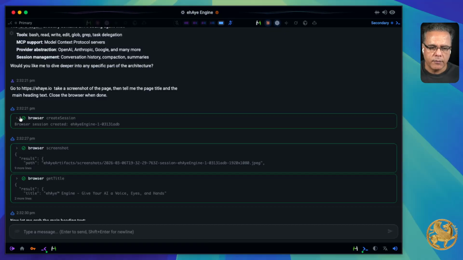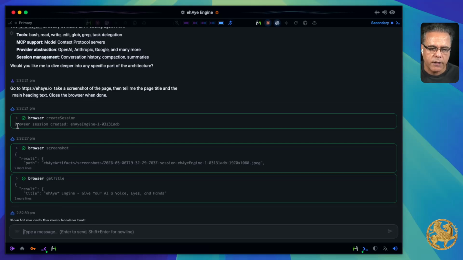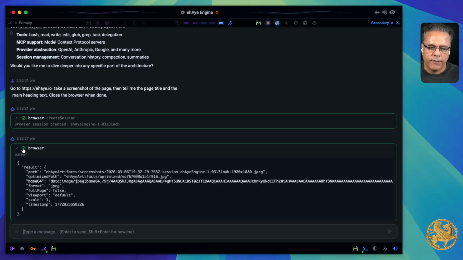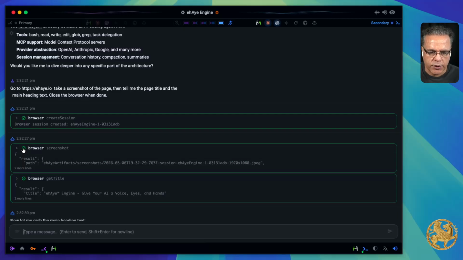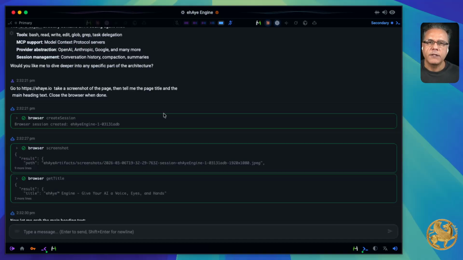Everything is going to be minimal because I want you to not worry about too much clutter on the screen. But at any time, if you want more data, you just go and get more data by expanding it. Here you see, it just asked for the screenshots. It gave you the full optimized path and base 64, which means your LLM doesn't have to worry about any tools for creating base 64. When you hit the browser, the base 64 comes to you in the optimized way.